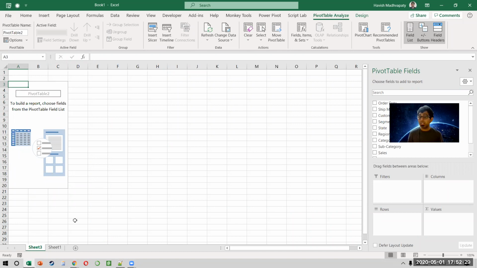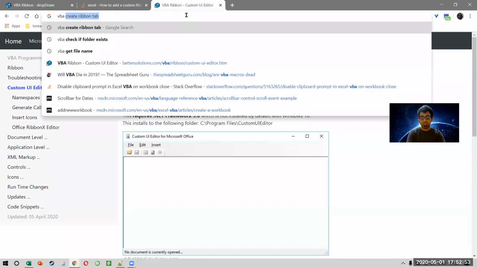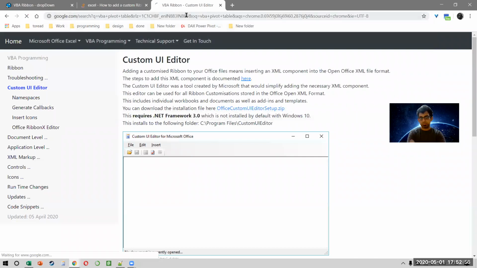Now, do you see the problem with recording? When you record, you would have recorded that I created a pivot in sheet number 2. But when you're repeating the recording, how can you create another pivot in the same sheet? Or what if the sheet does not exist? That is the reason why pivots cannot be recorded, right? They just can't. I mean, you just have to take my word for it. Pivots cannot be recorded at all. But then what do we do? Because it's a large piece of code. Very simple. You say VBA pivot table.